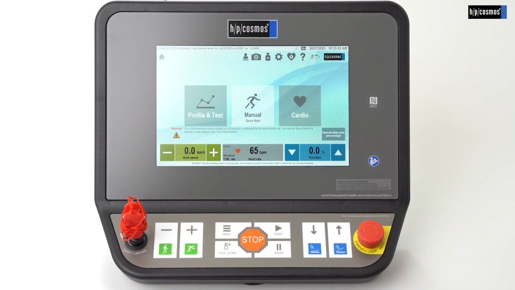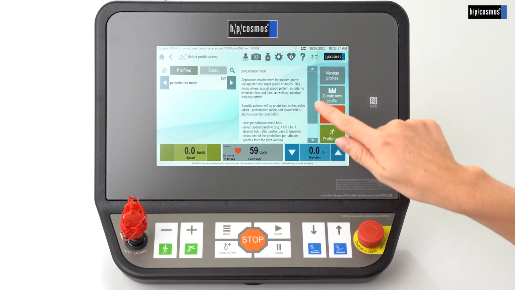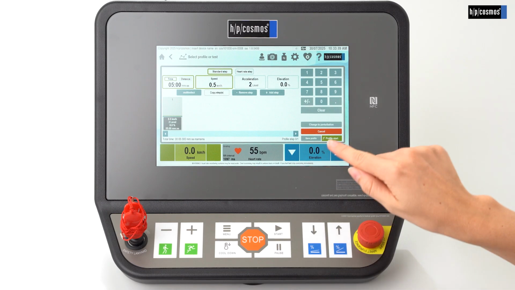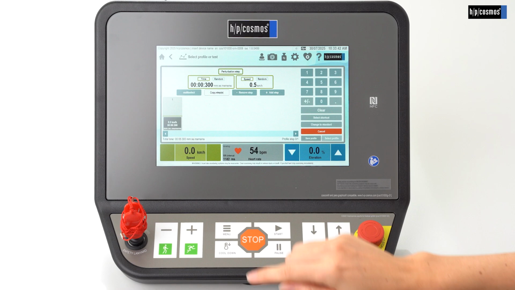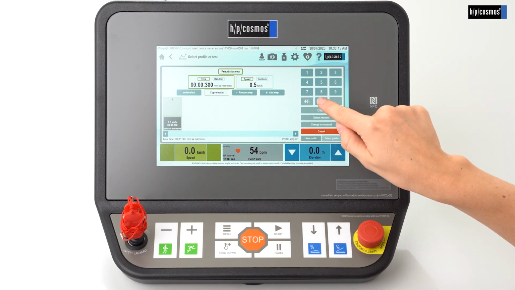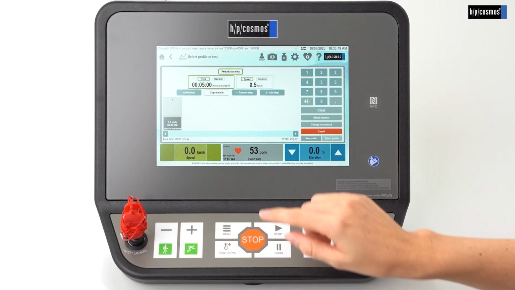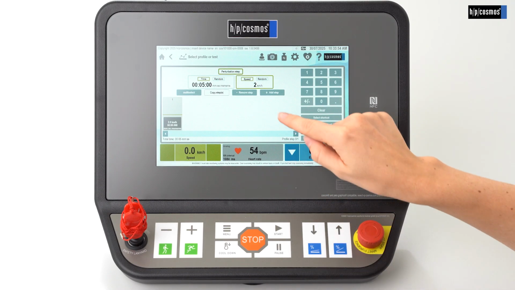If you want to generate a new perturbation profile, go to Profiles and Tests, and press Create Own Profile. Here you see the usual screen for profile creation, but to use perturbation you must click on the Change to Perturbation button on the right bottom. You see, the interface changed and on the top it now says Perturbation Step. We click on the left timing field to set a profile step duration. We set the general speed to 2 km/h and add a new step into the profile by clicking the button Add Step.